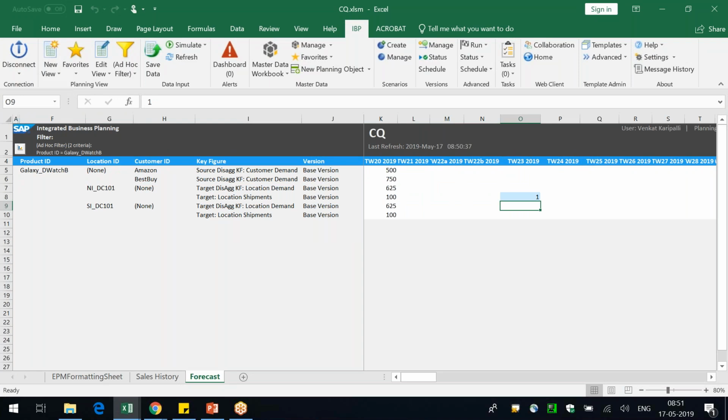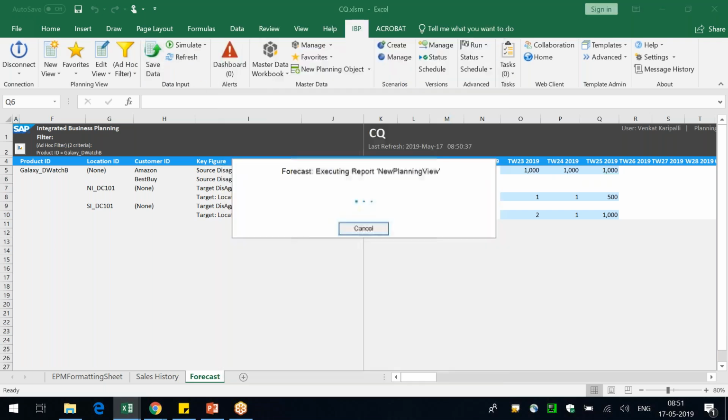I'll say this is 1 and this is 2 and this is 1, this is 1, and then this is 500, this is 1000, be it any values system. And also I'll give a value of 1000 here, 1000 here, 1000 here. Okay, I'm saving it. So now what I'm trying to show here is that